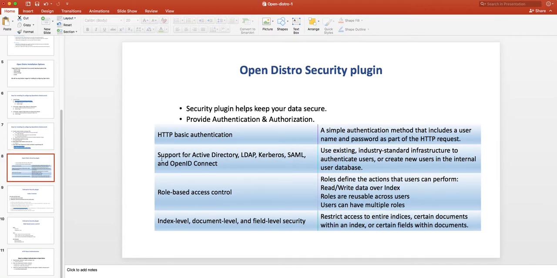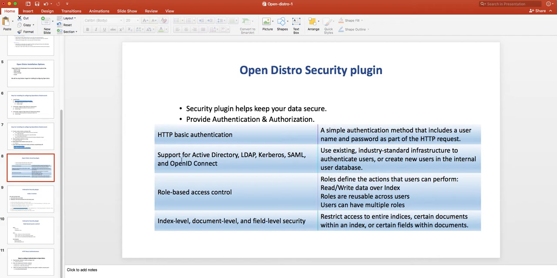The OpenDistro security plugin helps you keep your data secure. It provides you authentication and authorization. Basically, you get different authentication mechanisms with the OpenDistro security plugin. First is HTTP basic authentication, where it is a basic HTTP request with the username and password, and you can authenticate with that.